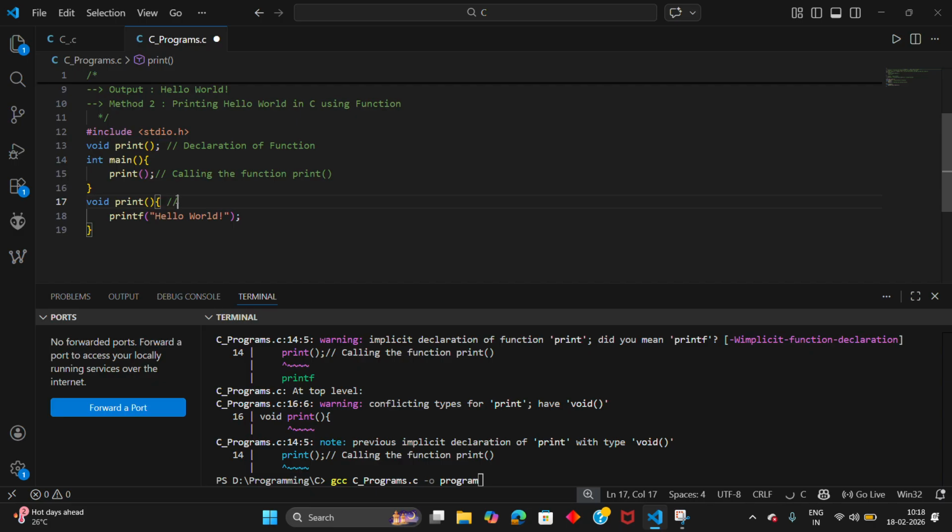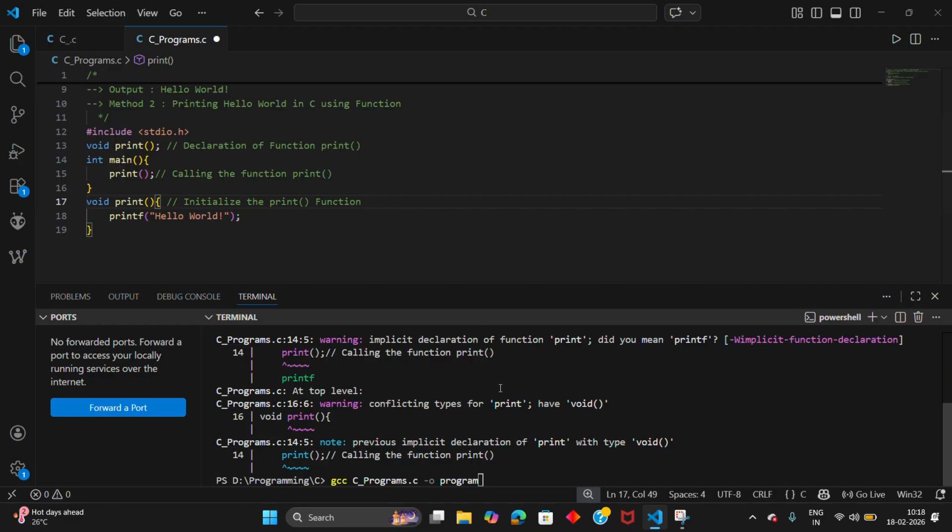First you need to declare and then you are going to initialize the print function. Okay, this is how we are going to do that.